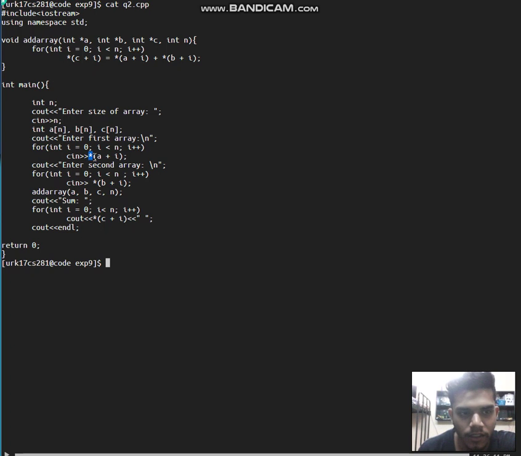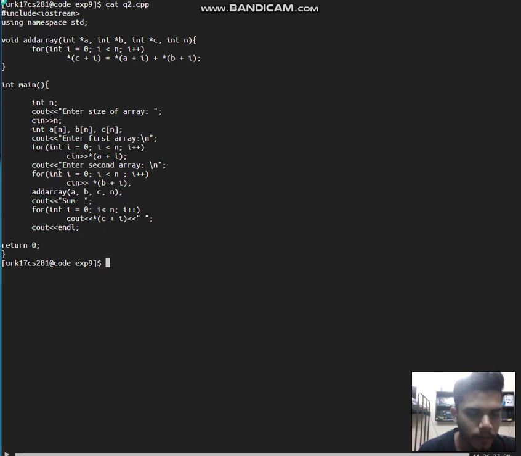This asterisk means the value at the index, the position of A,